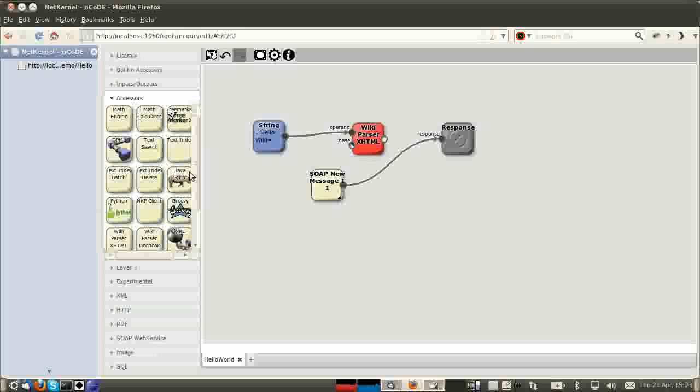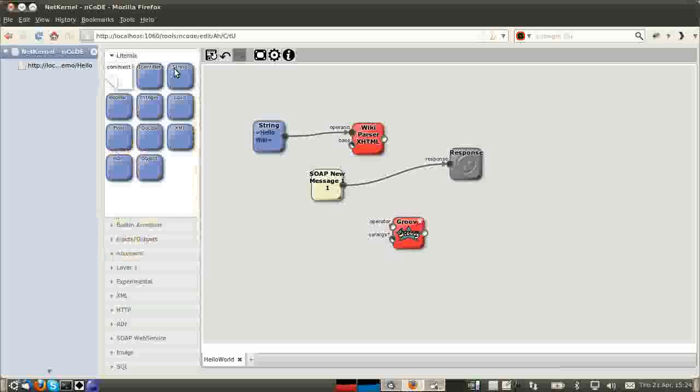The interesting thing is that we can add our own capabilities, and we can either do it by adding systems built in nCoDE, or we can write low-level Java tools and expose them as palette items into nCoDE, or just for general use by arbitrary NetKernel systems and tools. So for example, let's add Groovy, and let's write a little simple Groovy hello world. So this is my Groovy script,